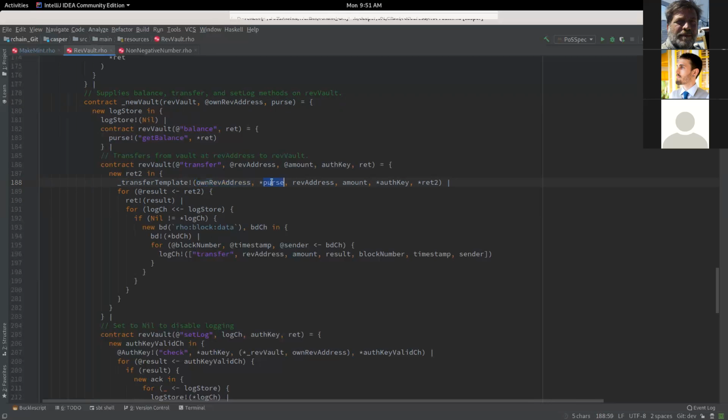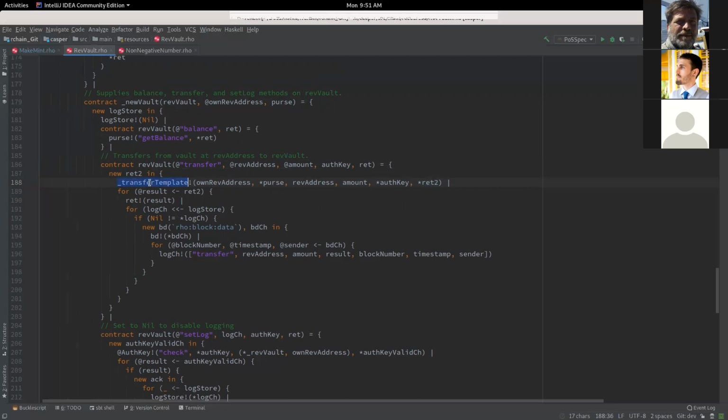This purse is the purse of the rev vault that has that rev address, the one that is trying to take tokens out of it and put them here. This is the amount of tokens that we're trying to transfer. This is the auth key that's associated with the RevVault at this address. That's what we provide here. And then this is just some return channel, for lack of a better name, Rev2.